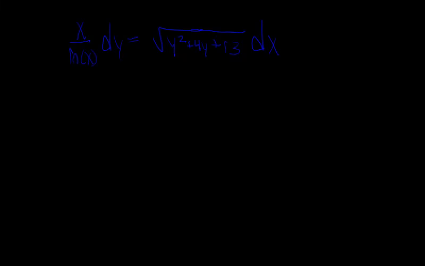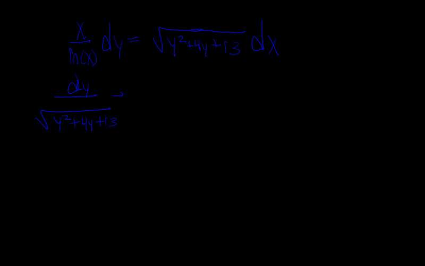So right here I've got a separable equation that I think is considerably challenging. I have that x over ln x dy equals root of y squared plus 4y plus 13 times dx. So already, separating the variables isn't too difficult. If you follow along, you will end up with 1 over root of y squared plus 4y plus 13 dy, or you just put the dy in the numerator,